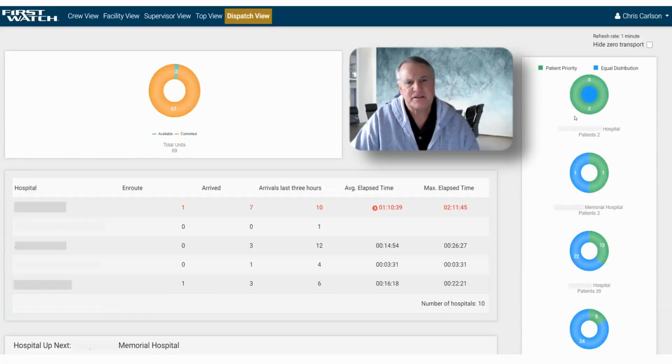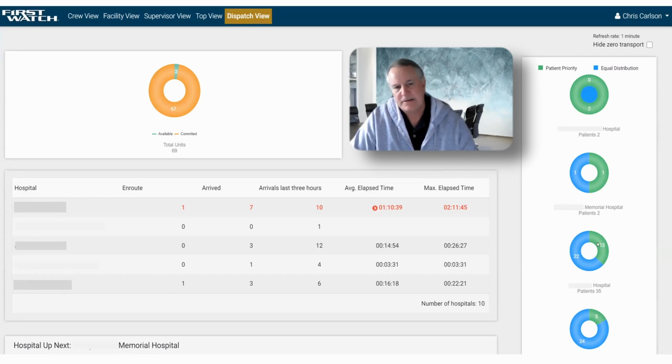Same type of thing. This is designed for a dispatch center, where the dispatch and hospital destination is determined on a rotation basis. It creates a logic and brings this up. And again, a quick view of how's my system doing, where are the patients, and how are things going. It also provides a degree of credibility. If you have battling systems that say, oh, they always get it because they're the base station or whatever, you have the ability then to say, well, no, it actually looks pretty even at this point,